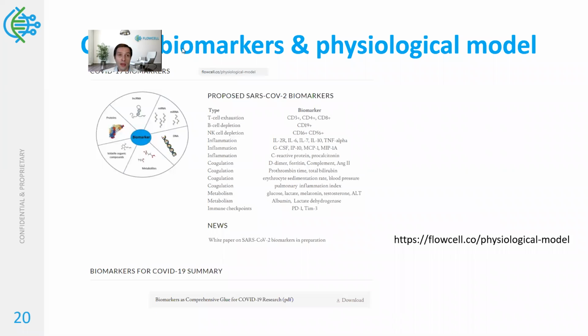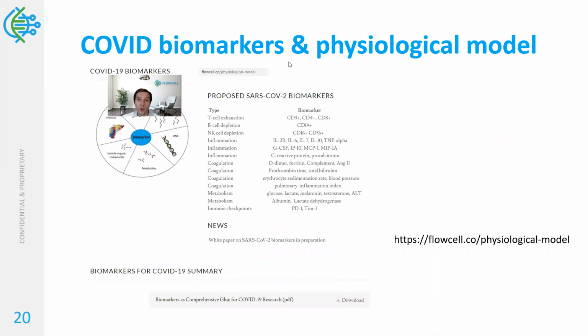So as I mentioned, COVID is a highly individualized immunopathology. In fact, on our website, you can take a look at an extensive white paper on this subject,